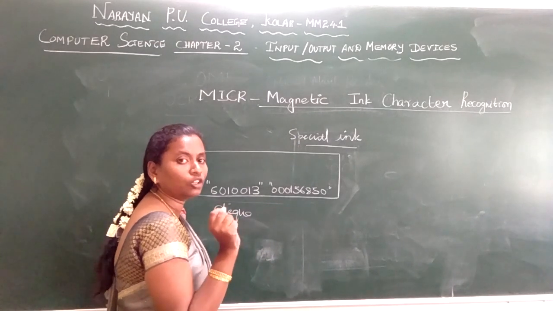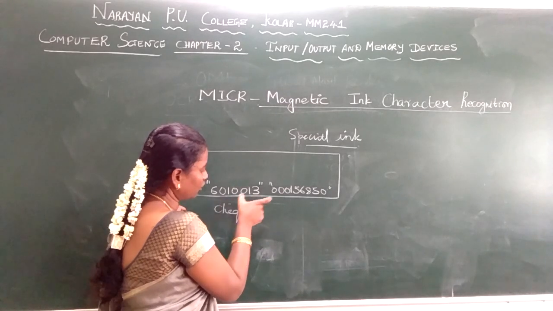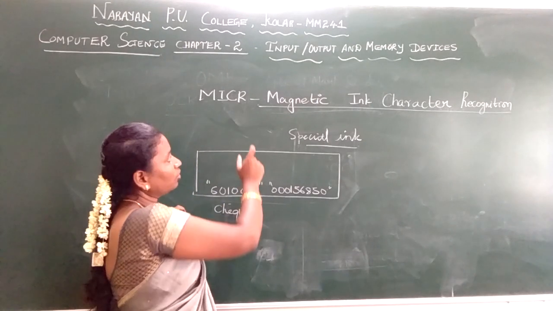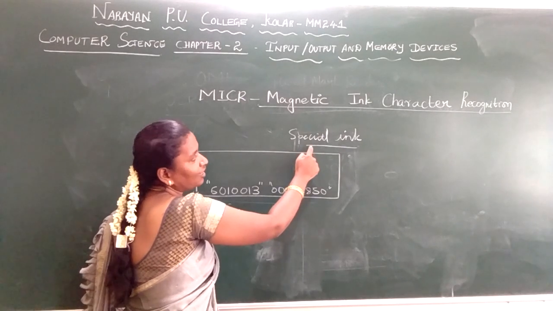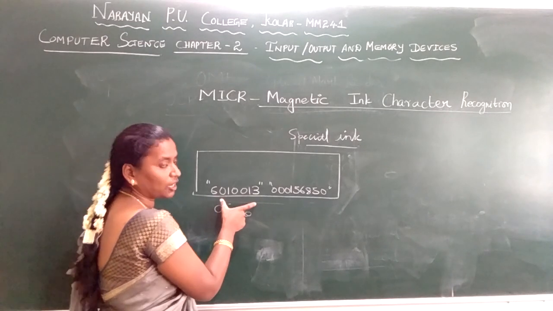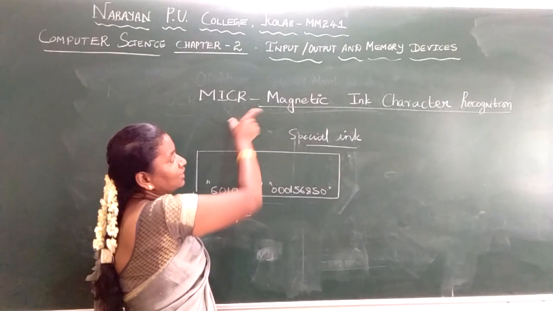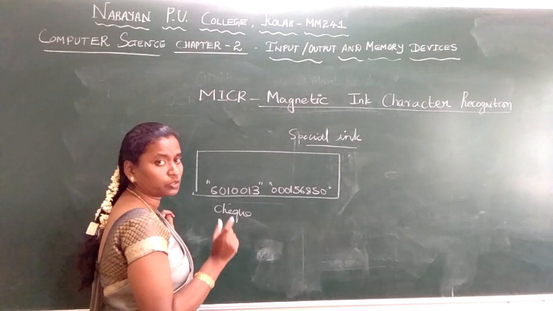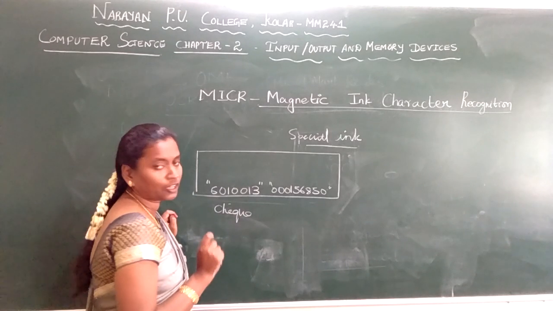In order to avoid human errors, in order to detect the special type of ink, especially your cheque number and your bank numbers, they use the MICR input device. The MICR input device has the capability to recognize the numericals written in the special ink. Especially in cheques and DDs, the numbers are written using a special ink. It is not a normal ink. In order to read these characters, they use a MICR reader. I repeat, to read the cheque numbers and the DD numbers which are printed on your cheque or DD, because those numbers or numericals are written in a special type of ink.